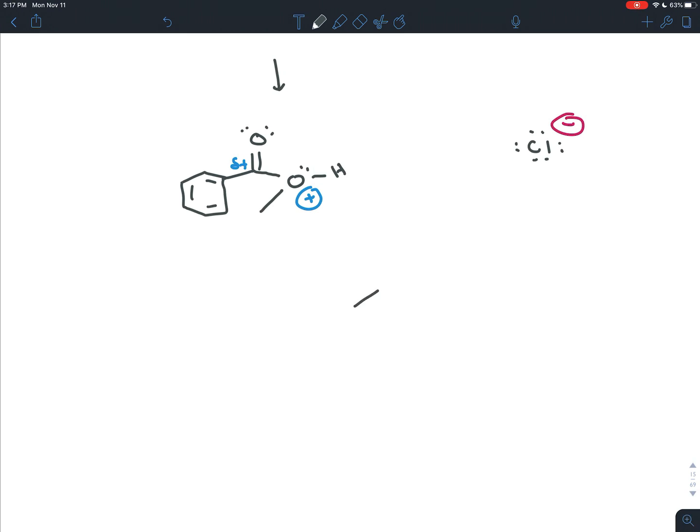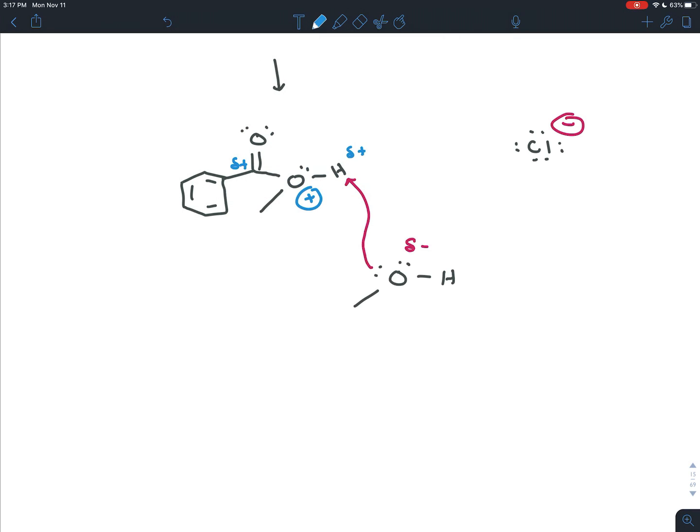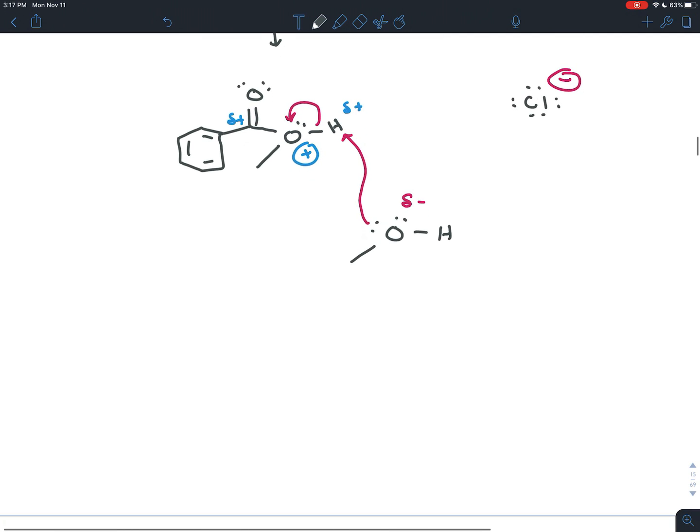So another methanol can come by, and the slightly negative oxygen can steal this slightly positive hydrogen here. This hydrogen is losing electron density to the oxygen, first, because the oxygen is electronegative, and second, because it has a positive charge, so it's really stealing electrons away. So when the other methanol molecule snatches it off, these electrons in this bond snap back onto the most electronegative place nearby, which is the oxygen. And we end up forming, and this is an equilibrium reaction, we end up forming